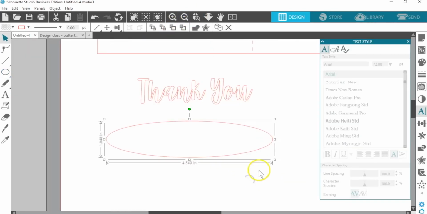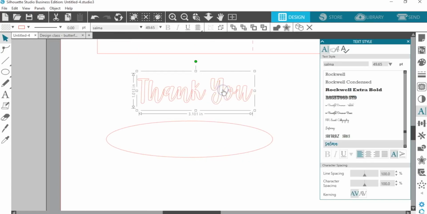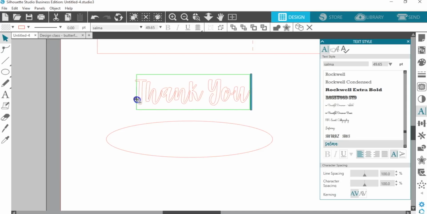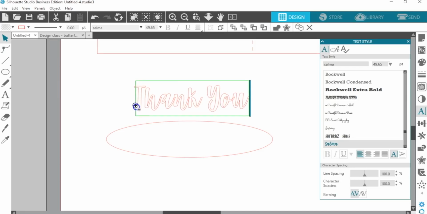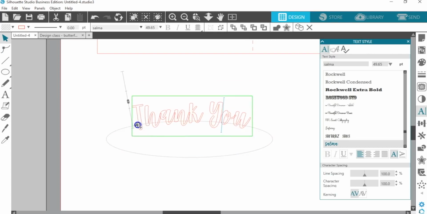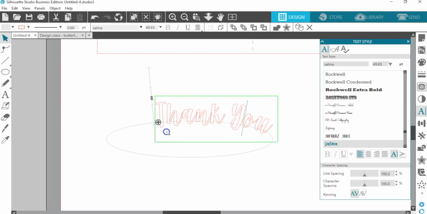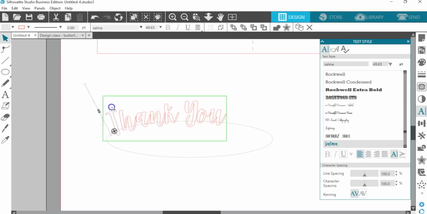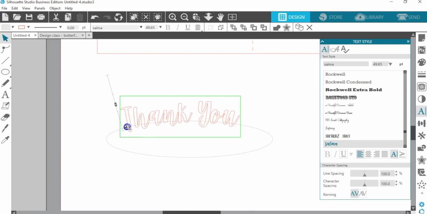Double-click the text to enter text edit mode. When we have text edit mode enabled, we've got a 4-pointed arrow here. We're going to grab this arrow with a click and drag on the mouse. We'll drag it down to the top of the oval. You'll see as you slide it along that it's snapped to and follows that oval path. Notice the oval has also turned gray. That indicates it's changed to a path, so while the text will cut, the path will not cut.